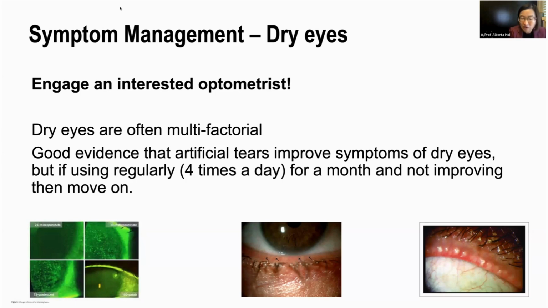There is good evidence to show that if you use artificial tears, it does improve symptoms of dry eyes. However, a lot of patients come to me and say, oh, it doesn't work, or they've tried different ones and they're very frustrated about the lack of response. One of the most common reasons for that is often not using it frequently enough. So we do ask patients to use it 3 or 4 times a day. And if you've used one eye drop 3 or 4 times a day and it really makes no difference, then it may be that you need a different type of eye drops.